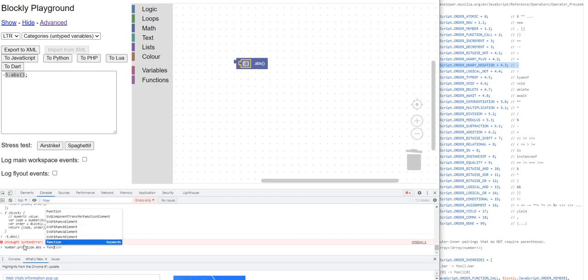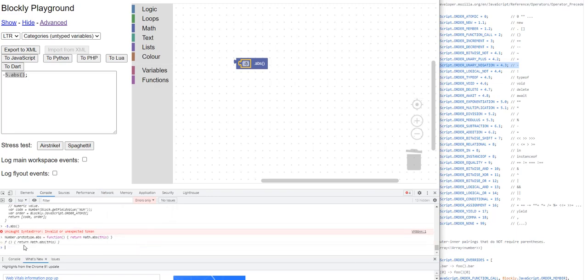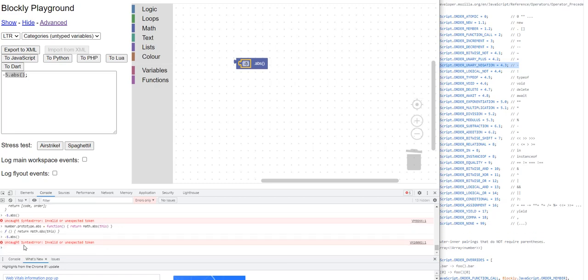So I'm just going to do function return Math.abs of this. Oh, sorry. And this is going to refer to the number that it's called on. You shouldn't do this in general, but for purposes of just seeing this exercise here, we will see that